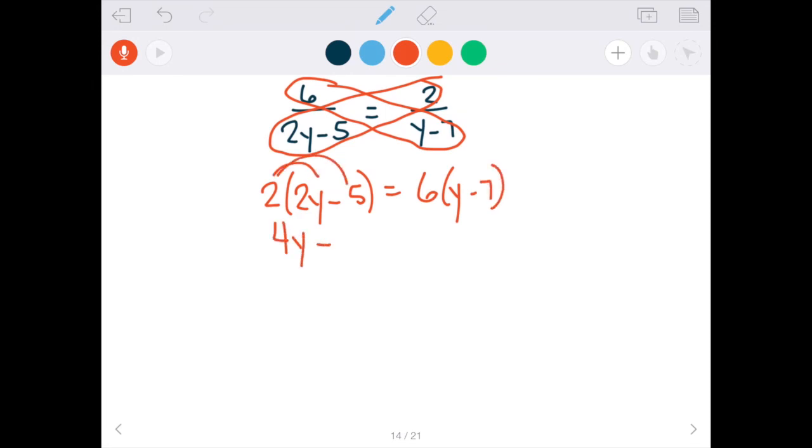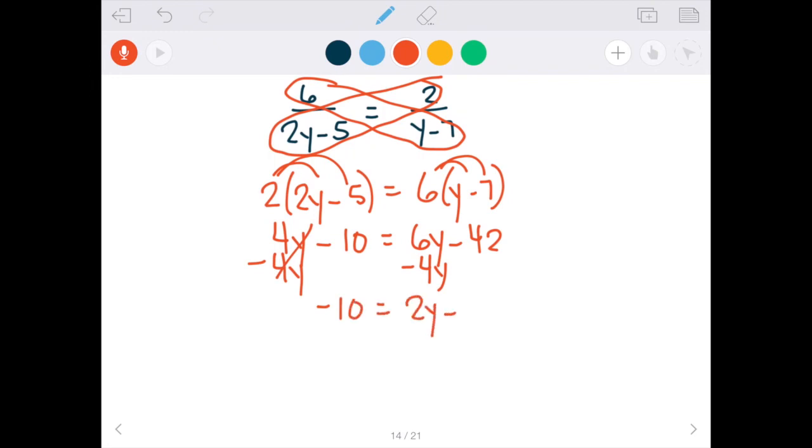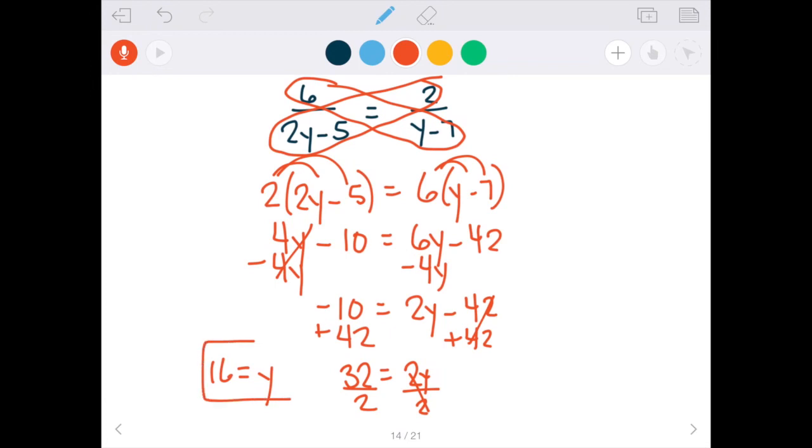Distributive property, 4y minus 10, 6y minus 42. Eliminate a variable first. I'm going to subtract 4y. Now eliminate my constant, add 42. There's my kitty cat. And divide by my coefficient of 2. Y equals 16. Okay, I think most of you guys did pretty well on that when we did it in